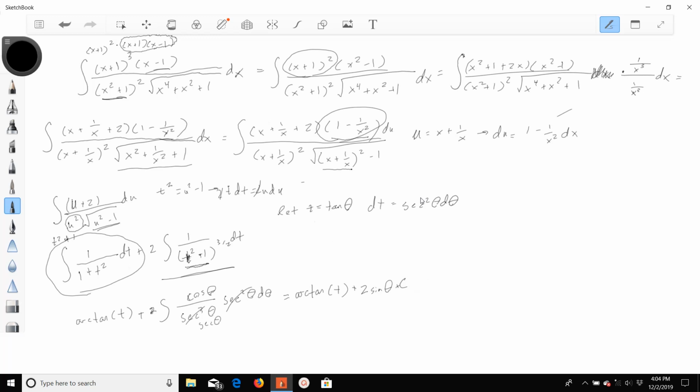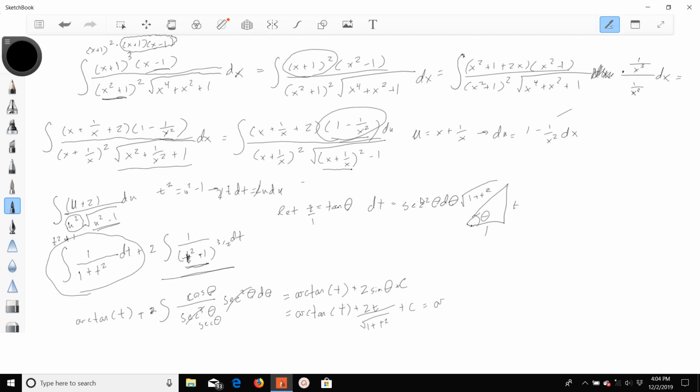Now, if t is really t over 1, draw a little triangle here. This is theta, so the tangent of theta is t over 1. That makes this length the square root of 1 plus t squared. So the sine of theta is t over the square root of 1 plus t squared. So we get arctan t plus 2t over the square root of 1 plus t squared plus c, which is, oh boy,